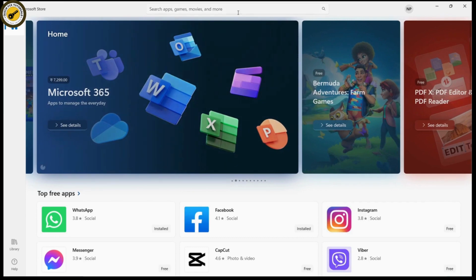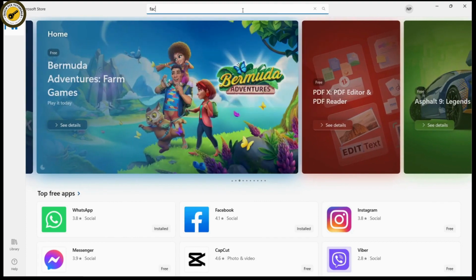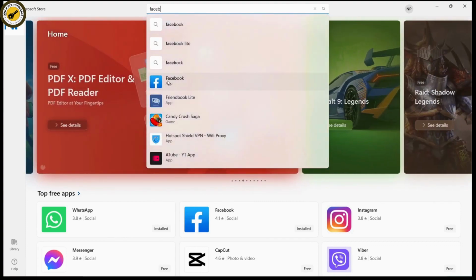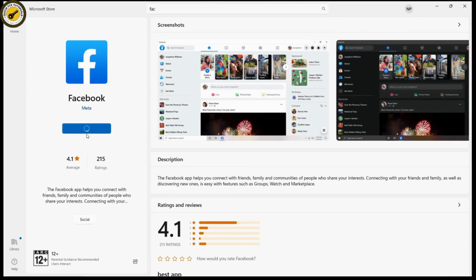And now you can go for the search icon or the search bar, which is on the upper right, and search for Facebook. And here you'll have your Facebook, right? Click on that. And once you click on Facebook here, on the left side, you will have an install button. So if you want to download and install the Facebook application, click on install and it will start the download